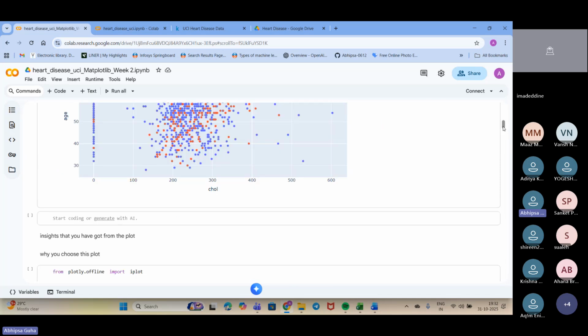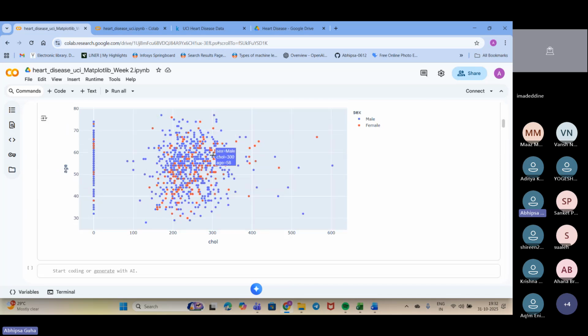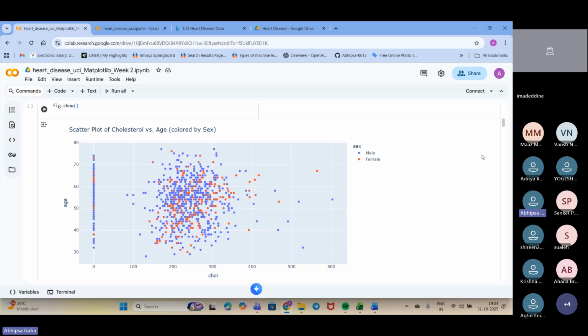So see, we have got another plot out of it. This blue color represents the male persons, and this red color represents the female persons. What insight can we draw from here? Apparently, we can see that male persons are more numerous out here, who have some of the typical chest pain type. Is it clear, guys? Are you understanding the plots?